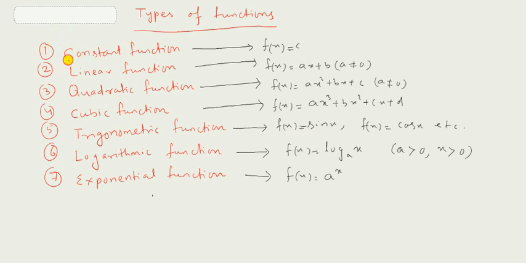First, we'll discuss regarding a constant function. Then we'll discuss regarding linear function. Constant function is defined as f(x) equals c. Then linear function. Then we'll discuss regarding quadratic function. Then we'll discuss regarding cubic function. Here the cubic function definition is ax cube plus bx square plus cx plus d, but a must not be equal to 0. If a is 0, it will become a quadratic function.